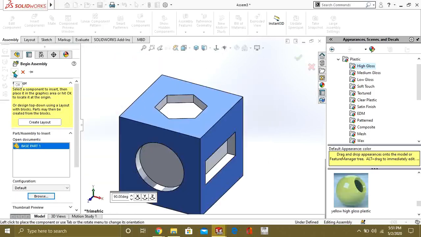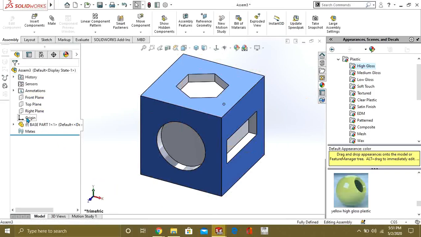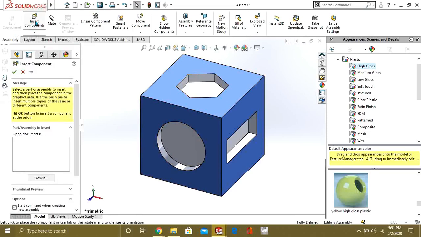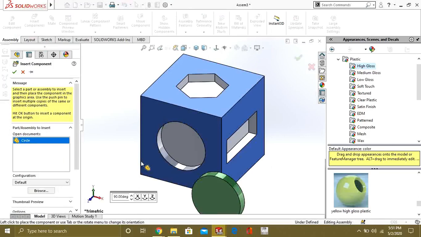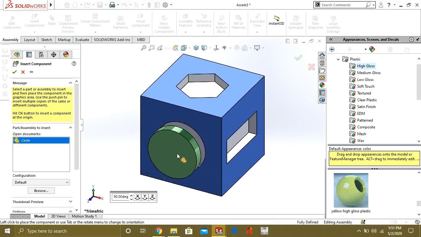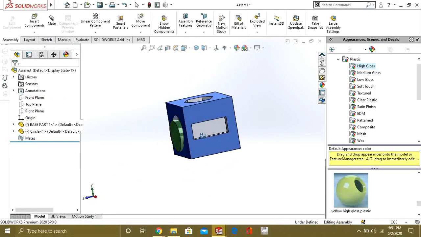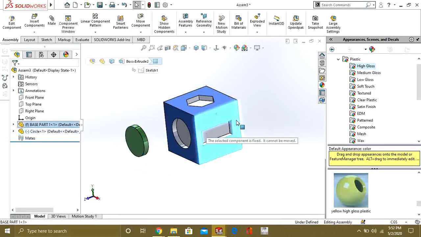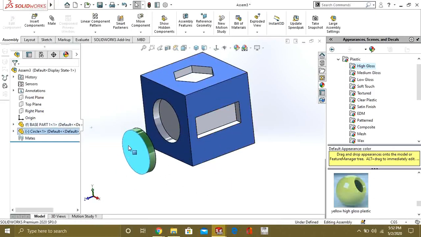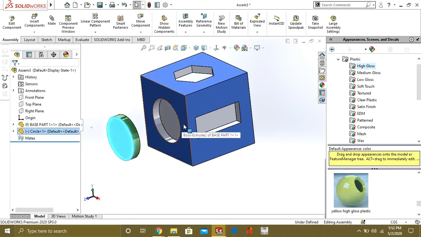If I simply select OK, it will make the default origin. Like you can see, the origin is here. So now I will go to insert components and select our part like this and click OK. Now you can see that this is our base part, this is fixed, and these are our parts to be mated in the assembly.